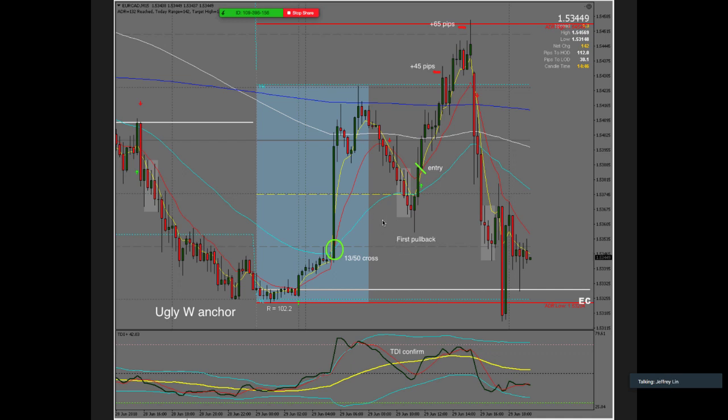EMAs are also another thing when you're looking at entries and we're looking at trades. I tend to not take trades where there's no room for me to take profit before the EMAs. Like, let's say I was taking entry here. If I took an entry here, I have this 50 EMA right in front of me. I have no guarantee that they're not going to just bounce right off this EMA and come back up. So I'm not going to take that trade until this closes below the EMA,